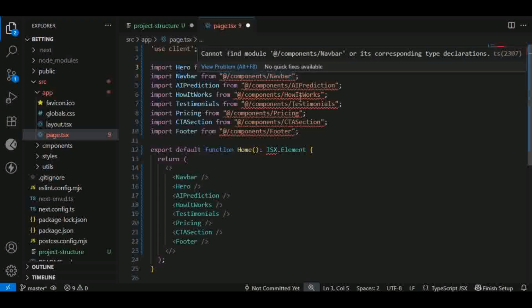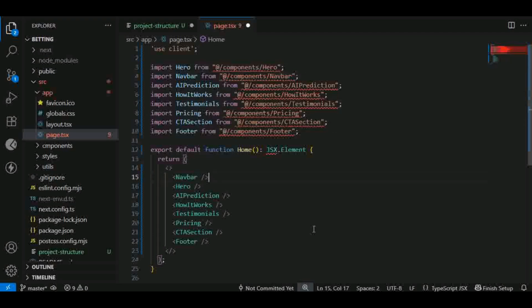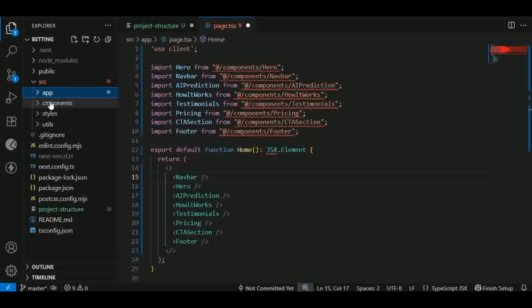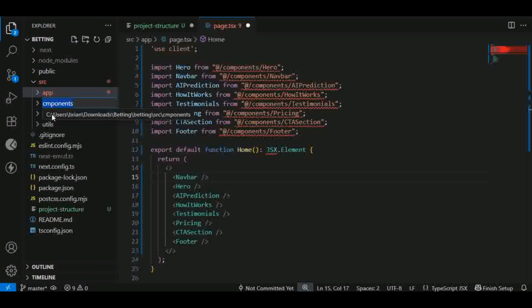Okay, yeah, so I think these are very common code, and right now I think you should know what you're doing. As I said earlier, we're going to be using AI in making this landing page to be very easy and very fast. So the first thing we're going to be making is, let's come to our components. Let me first of all name this. Then I'm going to name this to be